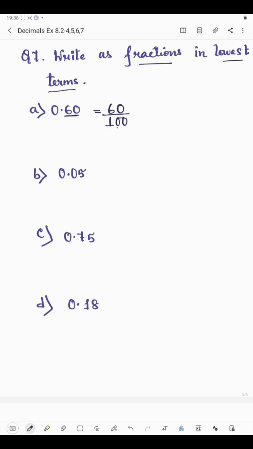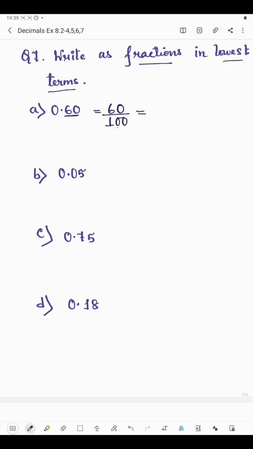So to write as a fraction, we just have to remove the decimal, and then write the zeros with 1 in the denominator, and the number of zeros will depend on the number of digits after the decimal. So here we have got the number as a fraction. Now we will have to write this number in lowest term. Lowest form is, we will divide the numerator and denominator till we get the lowest form, till the division is not possible.